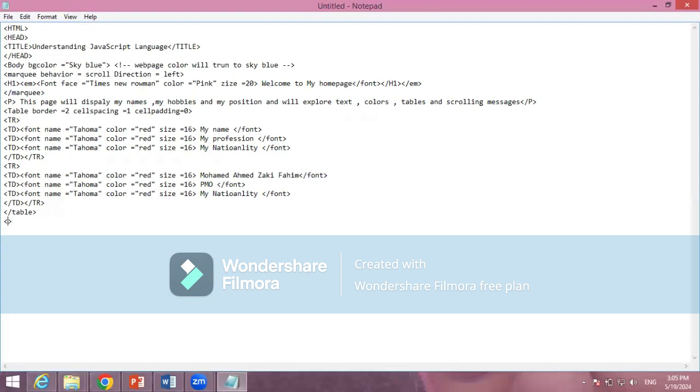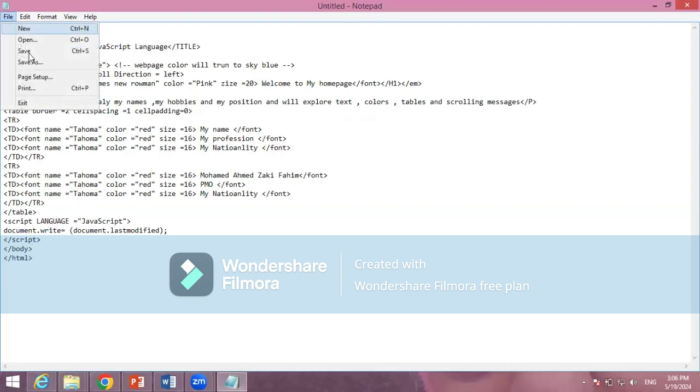Then I will use the script language. And in the JavaScript, I'm going to use the term document.write equals document.lastModified. I'm going to close the script, close the body, and I will close the HTML. Let's discover our code. So I'm going to save it as